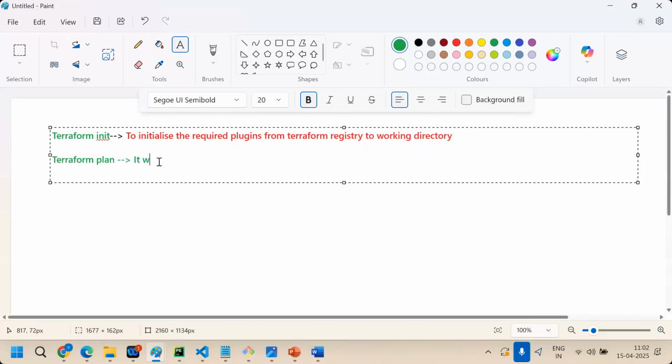It will show what we are going to create, what is going to be created. It won't create anything until apply. It will just show a simple plan of action.